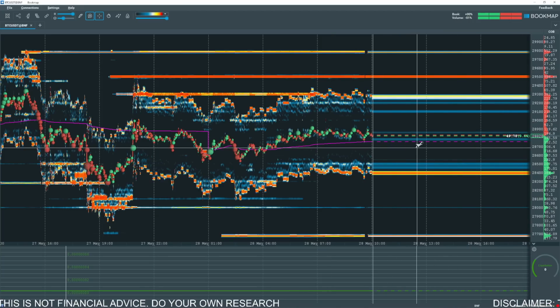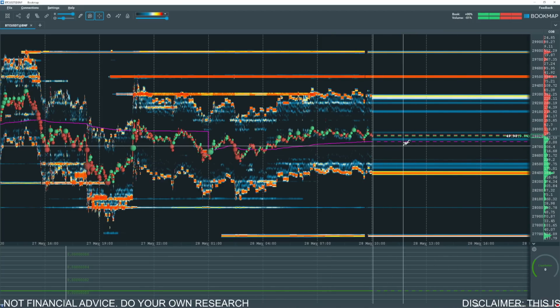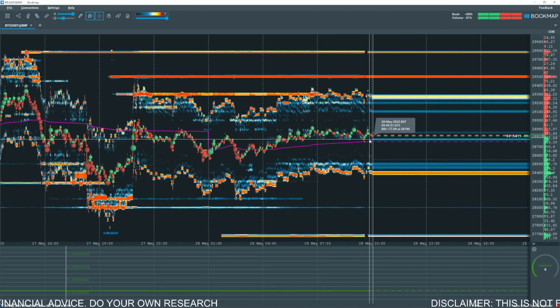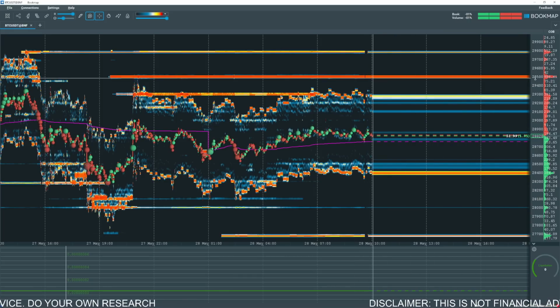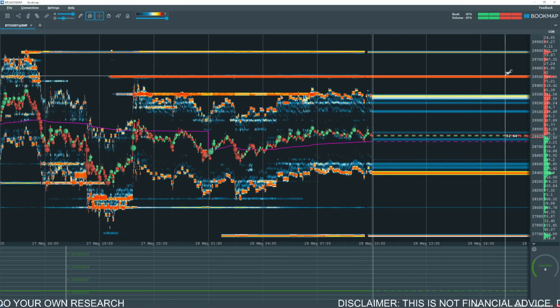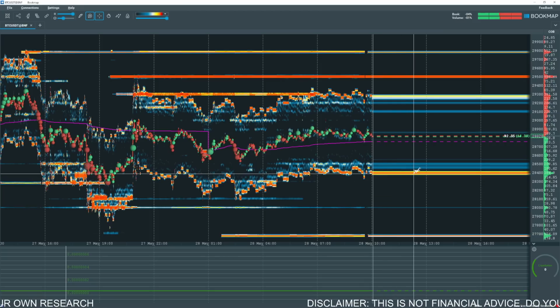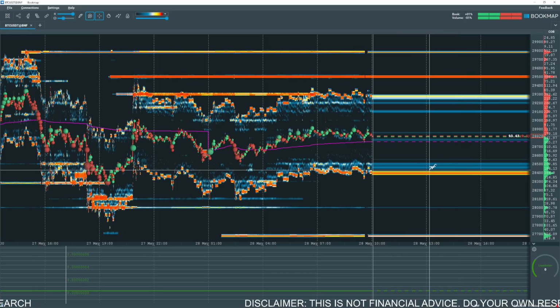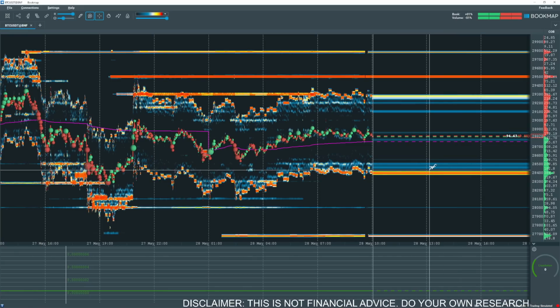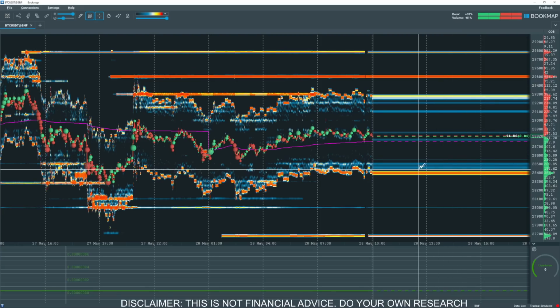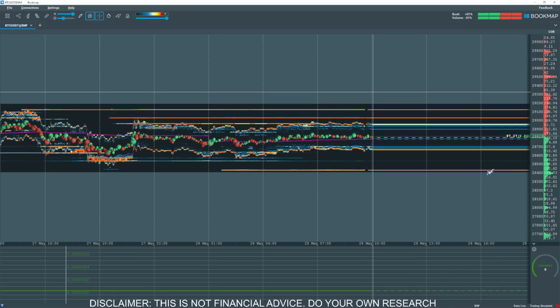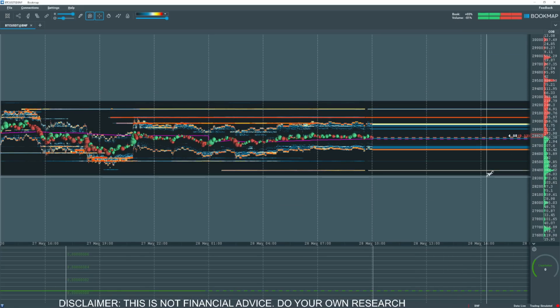Now, although price is at 28,820 right now, the principle would say that if Mr. Market Maker wants to try and tap some liquidity, he knows that he's going to get 986 Bitcoin sell orders up here, and down below he's going to be activating 384 Bitcoin buy orders at the 28,400 zone. So at a basic level, ladies and gentlemen, looking at the chart, we can establish that there is liquidity in front of us. Now, if we zoom out, of course, we're going to see different levels of liquidity and different